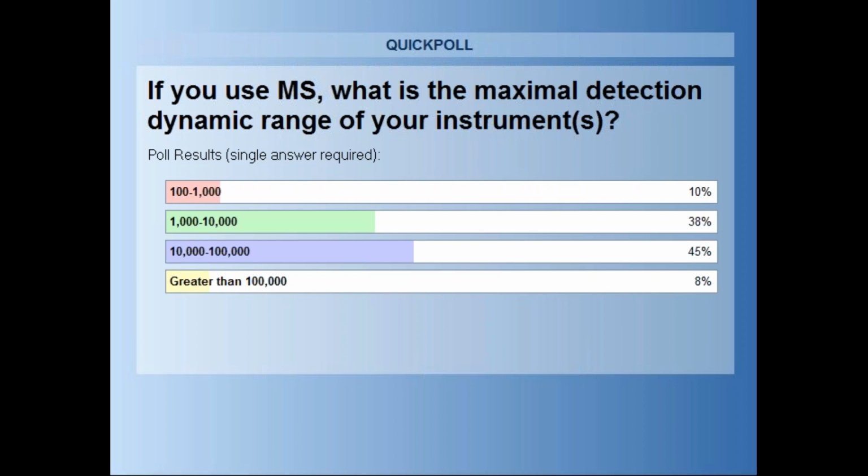Is it a targeted method, or are you doing other tricks such as those that Dr. Li presented? Okay, so this is Oliver Fiehn here. Of course, some triple quadrupoles can get more than 5 orders of magnitude dynamic range. That's correct. That's what I actually wanted to say. If you do the target analysis, that's obviously possible. But I think what we're discussing here is more of trying to cover all the compounds, not particularly focusing on the target analysis at this point.